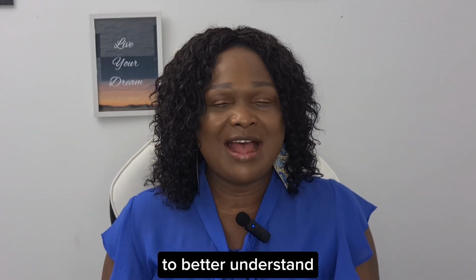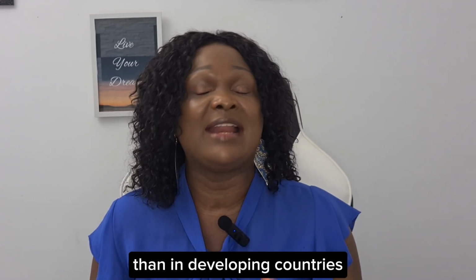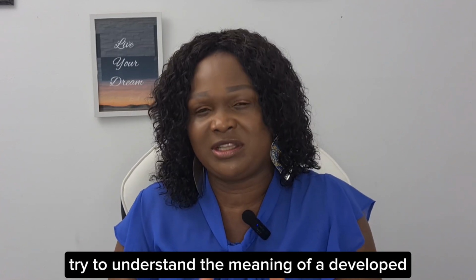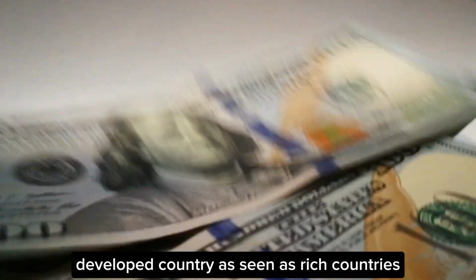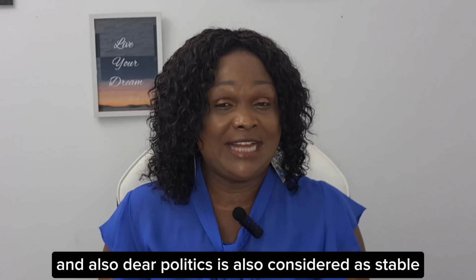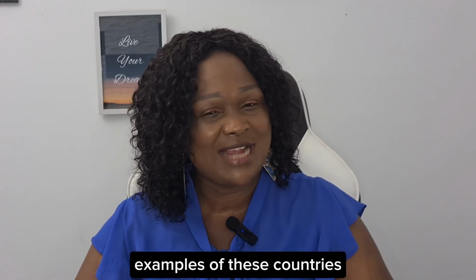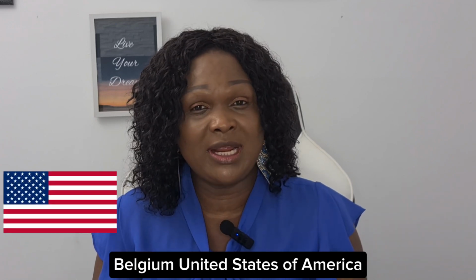To better understand why diabetes is better managed in developed countries than in developing countries, let us first try to understand the meaning of a developed and a developing country. Developed countries are seen as rich countries. These are countries that are rich economically, financially, and also their politics is considered stable. Examples of these countries include Germany, France, United Kingdom, Belgium, United States of America, just to name a